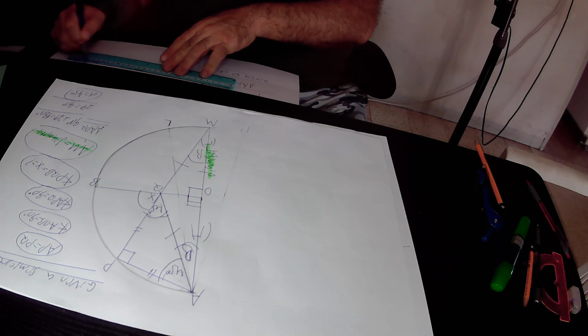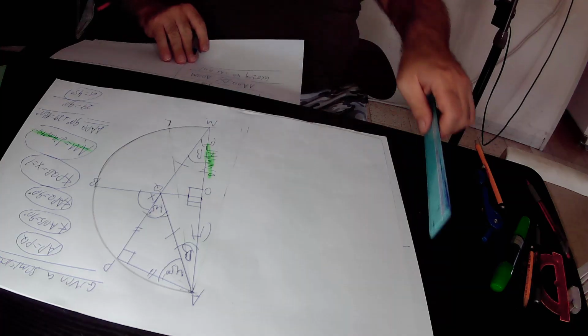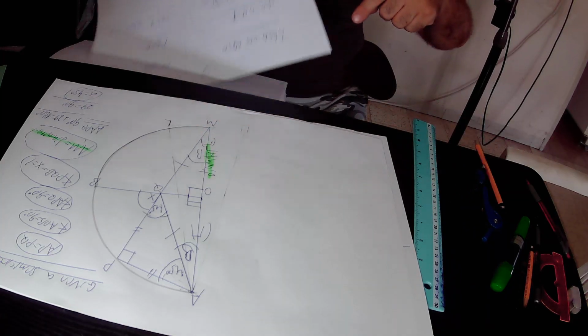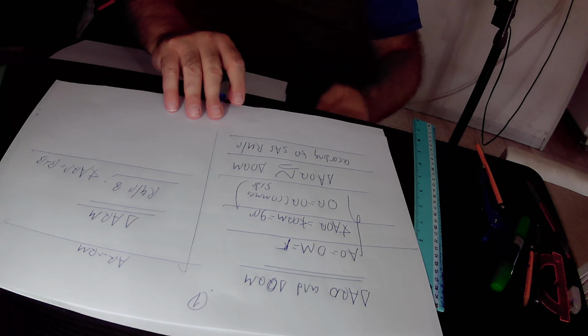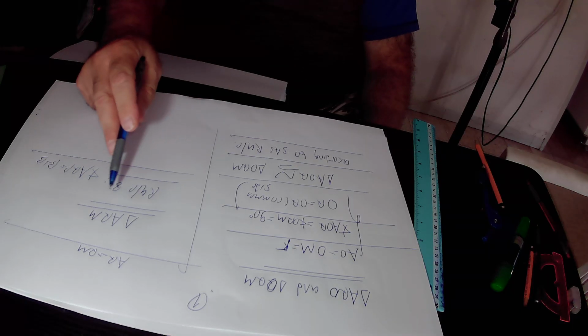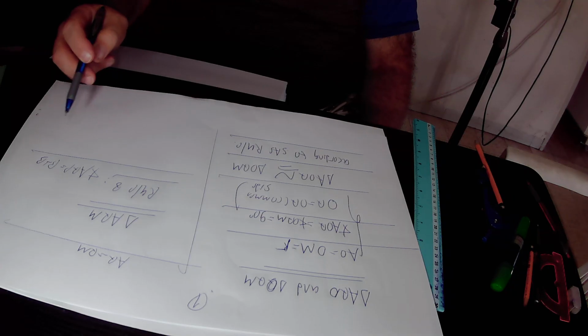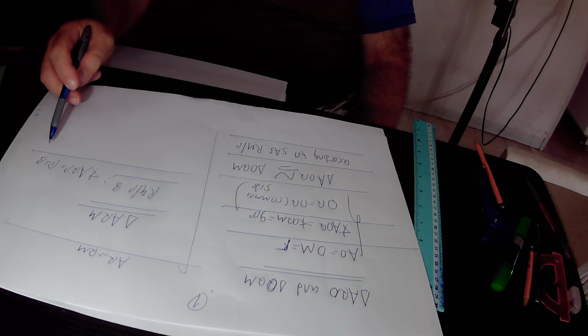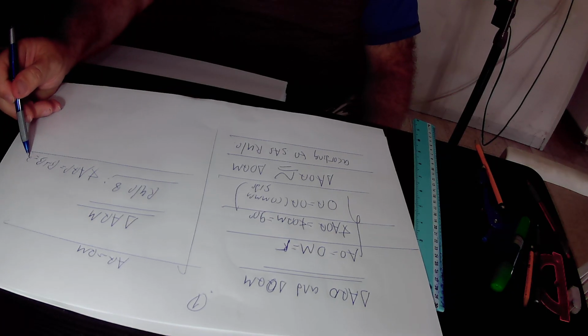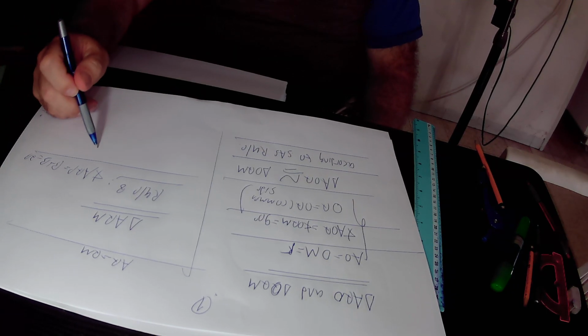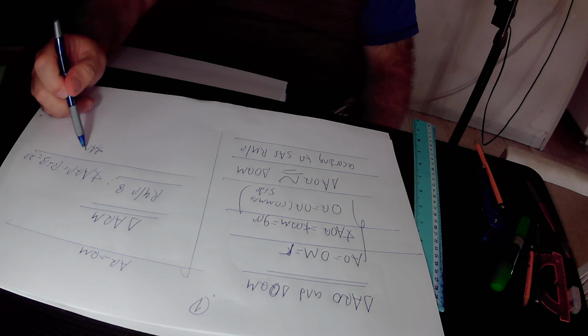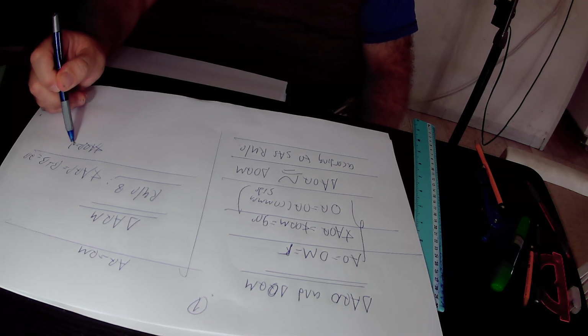Repeat again. If we relate to the big associated triangle AQM, according to rule 8, the size of the exterior angle AQP is equal to the sum of the two interior angles that are not adjacent to it. That is to say, it is equal to beta plus beta, that is 2 beta. So the size of the exterior angle AQP is equal to 2 beta,